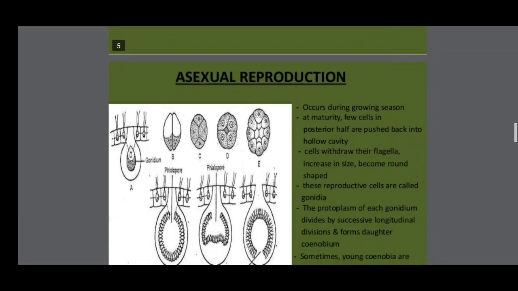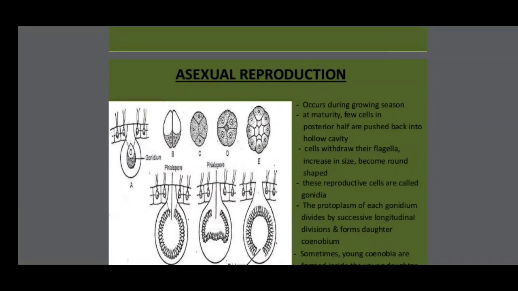Now we are going to Volvox reproduction. In Volvox, mainly two types of reproduction occur. One is asexual reproduction, and the second is sexual reproduction. Gamete formation and fusion to form a zygote is sexual reproduction. When there is no gamete formation but spores form, and the spores give rise to a new coenobium or a new plant, that is called asexual reproduction.